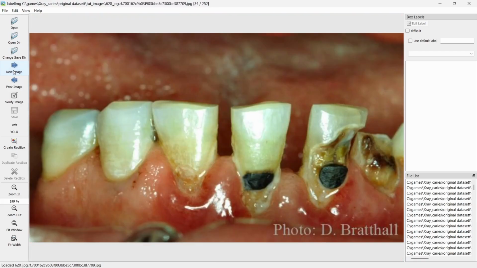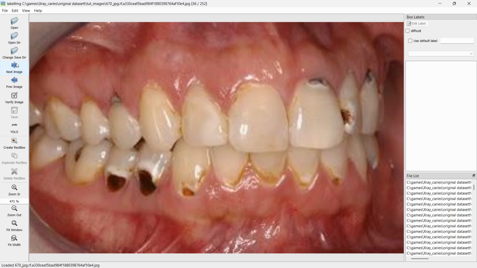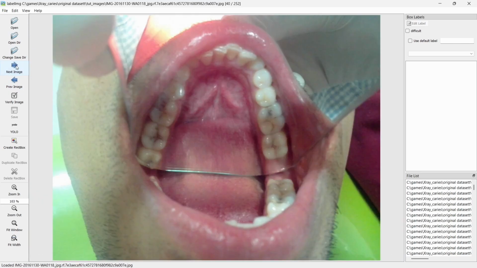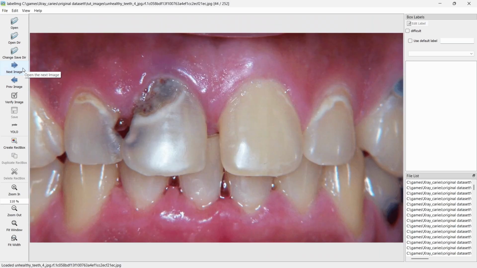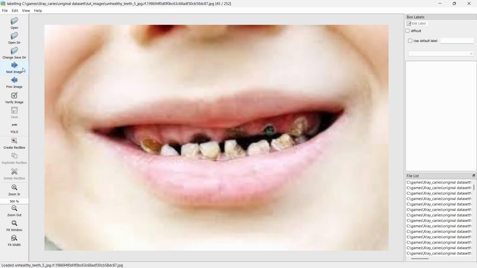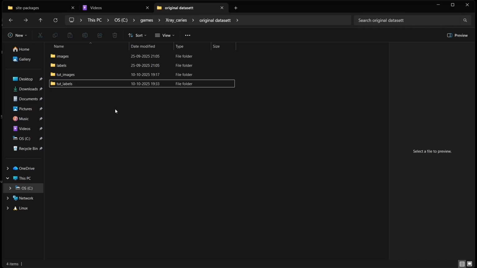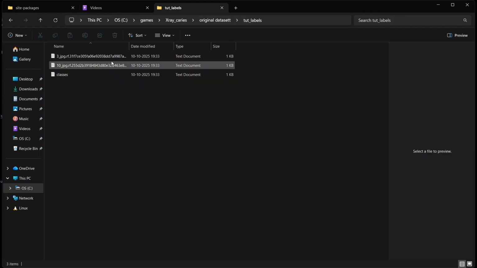Okay, so you'll notice that in these data sets they may have some normal images just like this, some images without any cavities. So you're not gonna annotate them, you're just gonna skip them. So after you're done with annotating all your images, you can just go to your labels folder and open it, and you can see here that you'll get